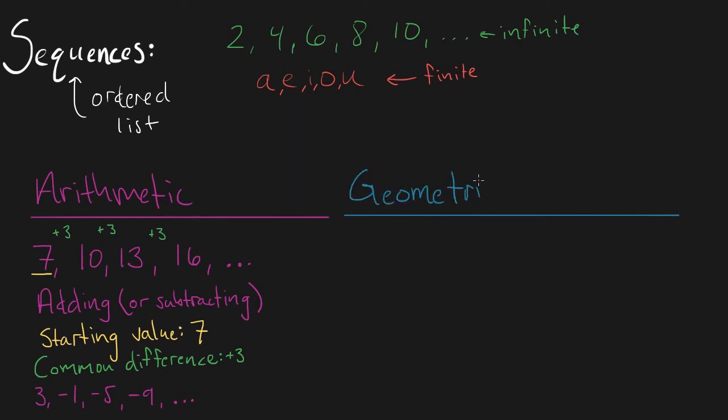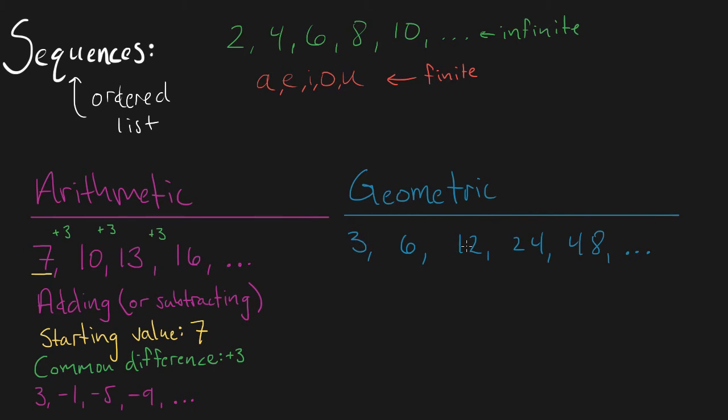A geometric sequence. And geometric sequences are like arithmetic sequences, but instead of adding at each step, we're going to do something different. Let's see if you can figure it out. So if I have a sequence that goes 3, 6, 12, 24, 48, and so on,